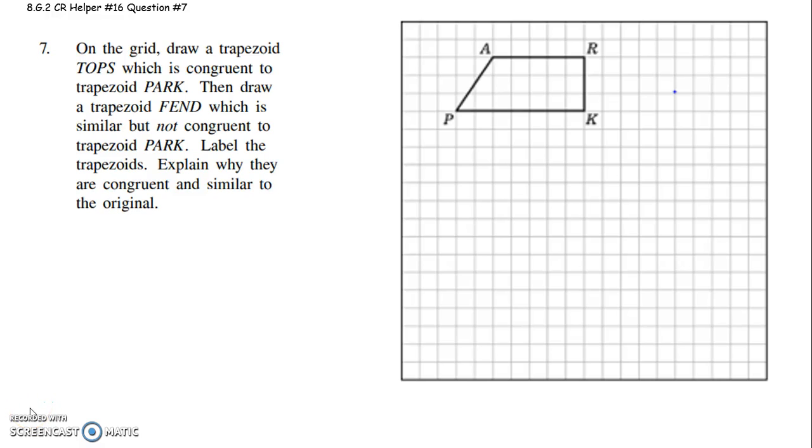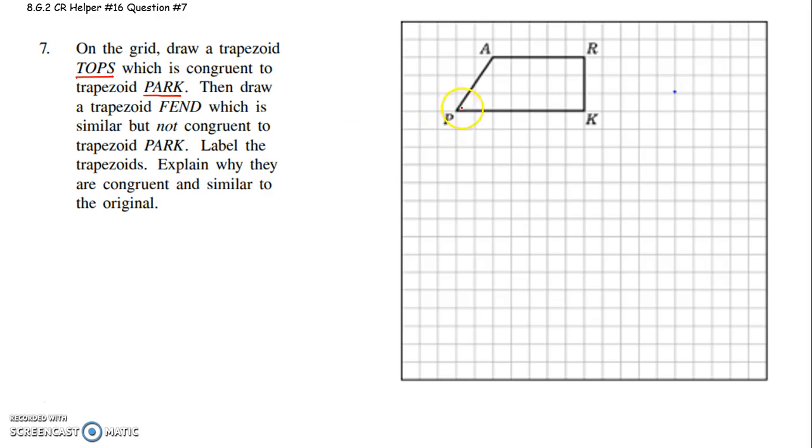All right, 8th graders, this is to help you with question 7 on CR 16. It says on the grid, draw a trapezoid, tops, which is congruent to trapezoid park. Okay, so we want to draw a trapezoid and we're going to call it tops. And we need it to be congruent to park. So T will correspond to P, O will correspond to A, P will correspond to R, S will correspond to